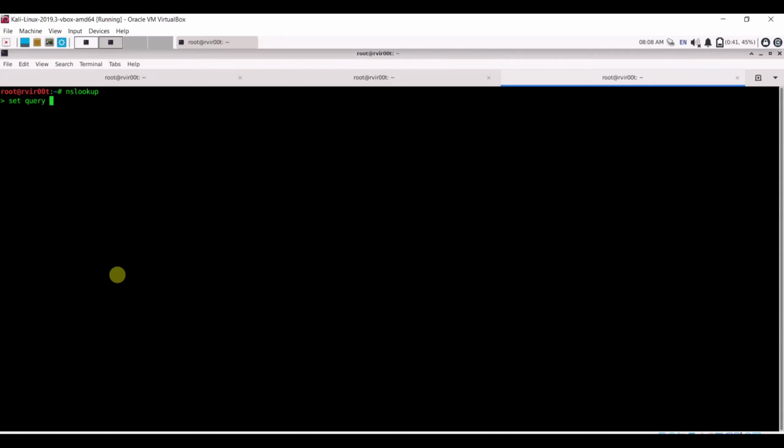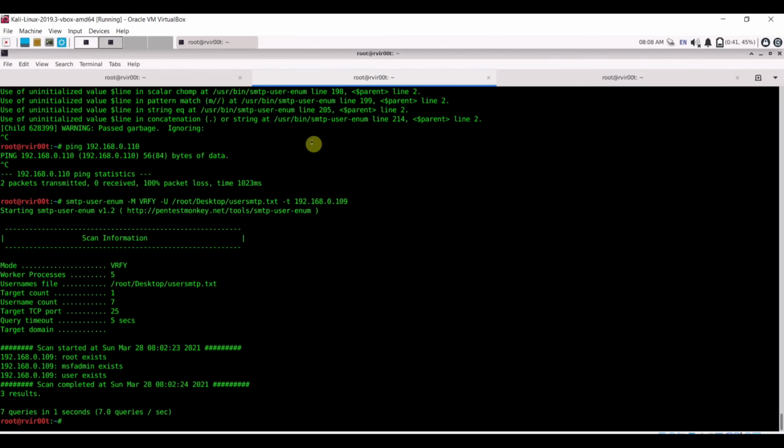This way you can identify the information related to the mail exchangers, or you can also check for open relays by using tools like dig or MX Toolbox. Right, so this is about these tools. And ismtp is also one of the tools which is used to identify information.